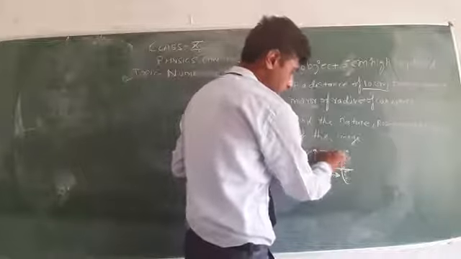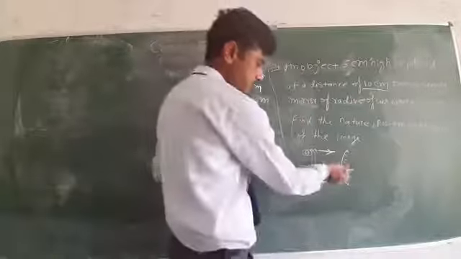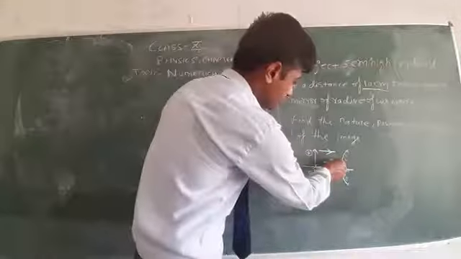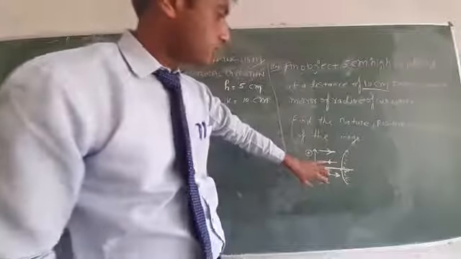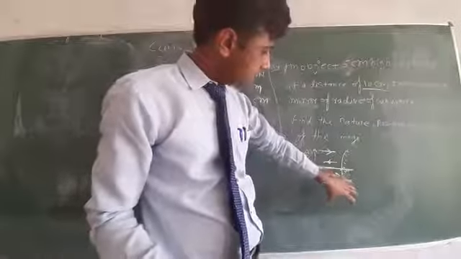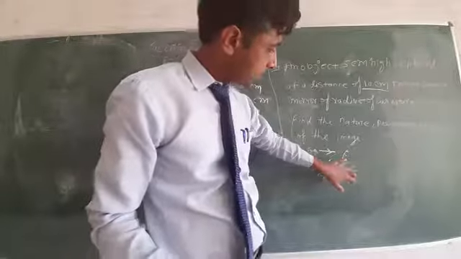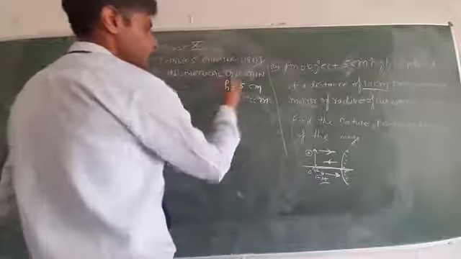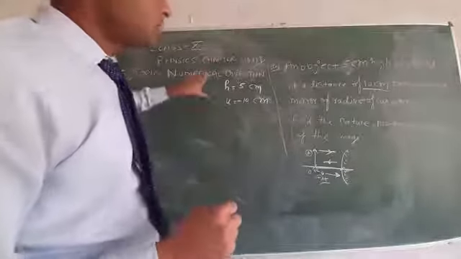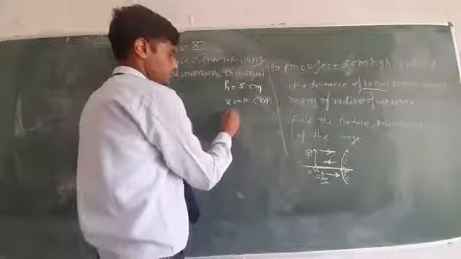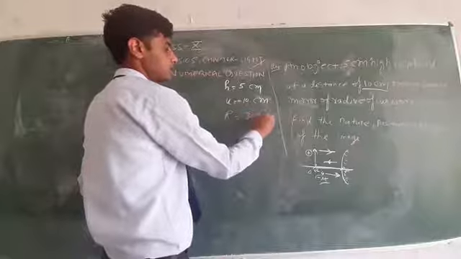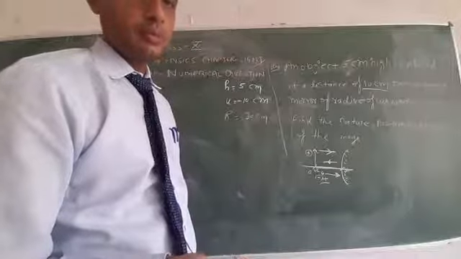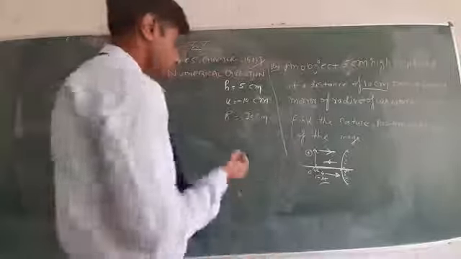As you know, light moves in this direction, and to measure distance we have to move against the direction of light. Or you can say simply, the distance taken in left position is negative and distance taken in right position is positive. So u is minus 10. The another value given is radius of curvature, r equal to 30 centimeter. As you know, for convex mirror, the radius of curvature and focal length are positive, so r is positive.